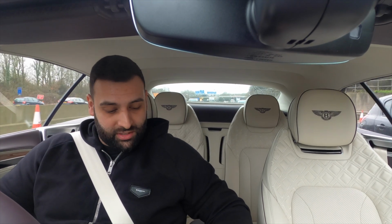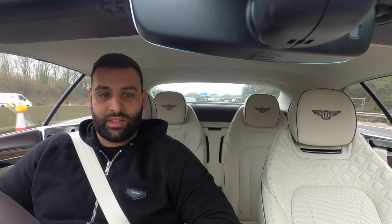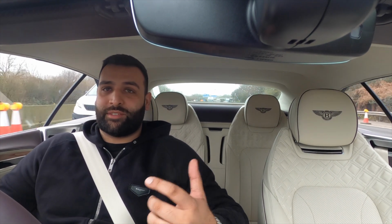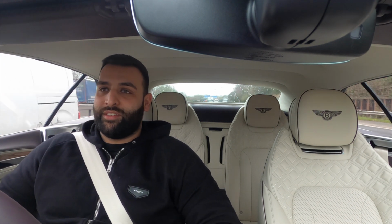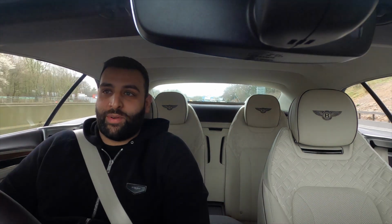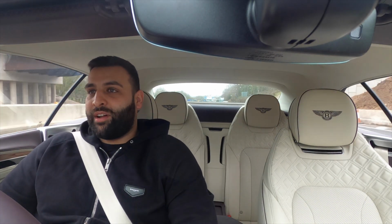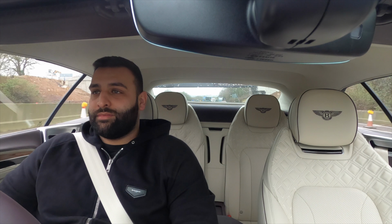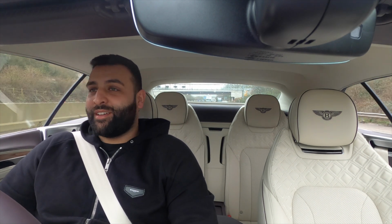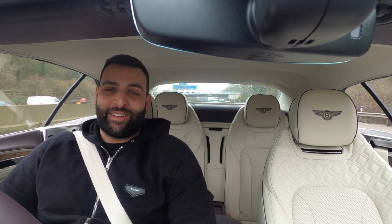I'm actually going to flick it over to comfort at the moment because I've been just driving it in sport, enjoying it, as I suppose somebody would do when they first get into a Bentley, but let me try out the motorway now. So try the comfort out, even on the motorway. It's brilliant. I love this car. Actually, this is right up there for me. I've just got to convince the old man